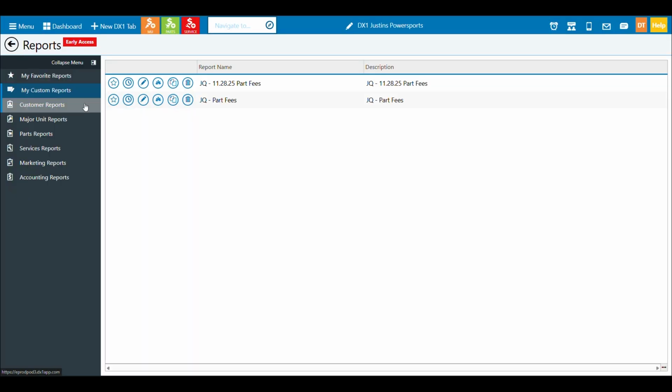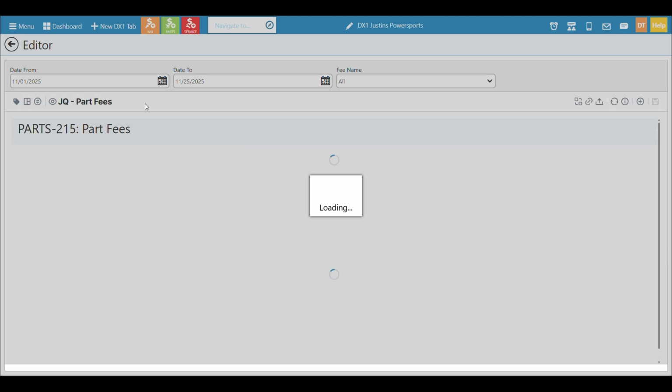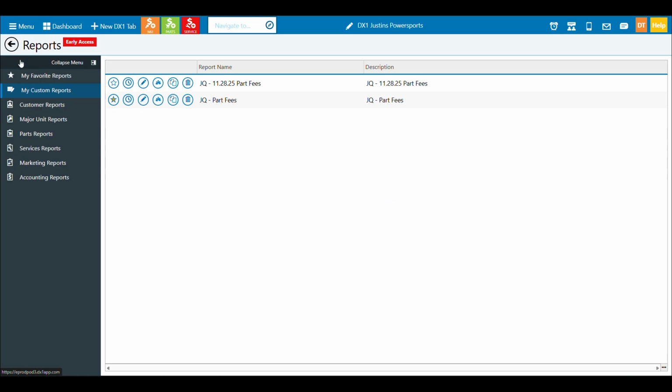Once I leave the editor and come over to my custom reports, I can see them here. Now, once you add a custom report, we do have a few additional icons you can use. We can mark it as a favorite, so I don't have to come to my custom reports. I can schedule it. If I need to open it up and edit it again, I can click the pencil. It'll take me right into the report where I was, and I can make some changes.